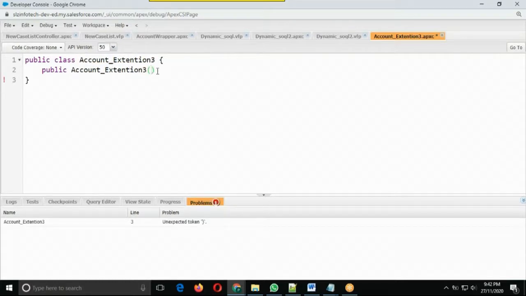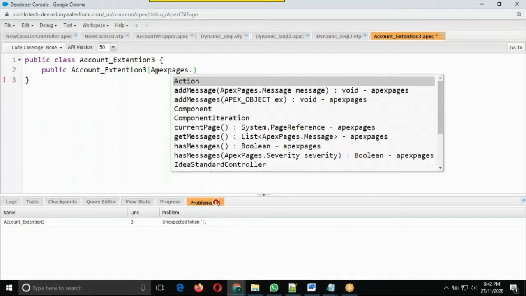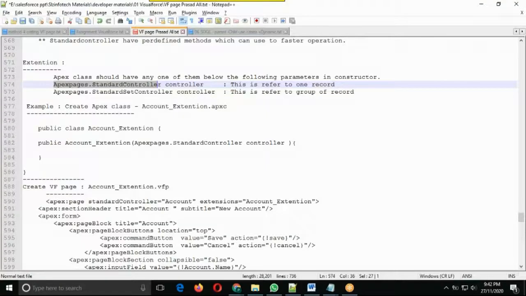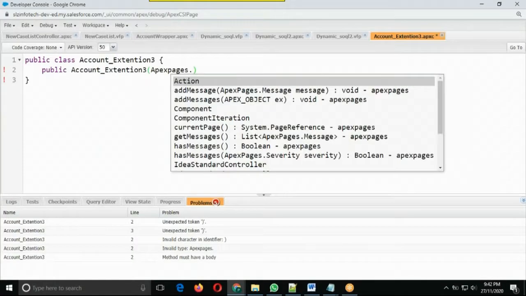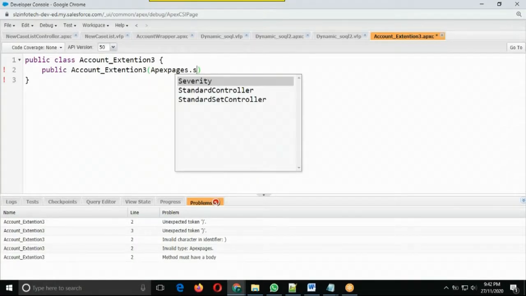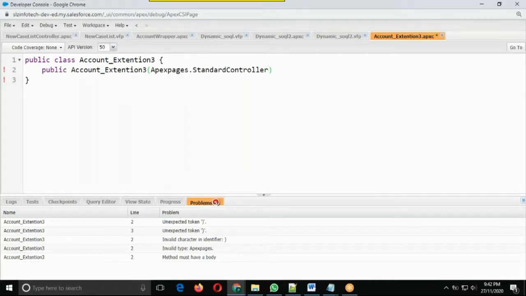So a constructor with the parameter ApexPages.StandardController.